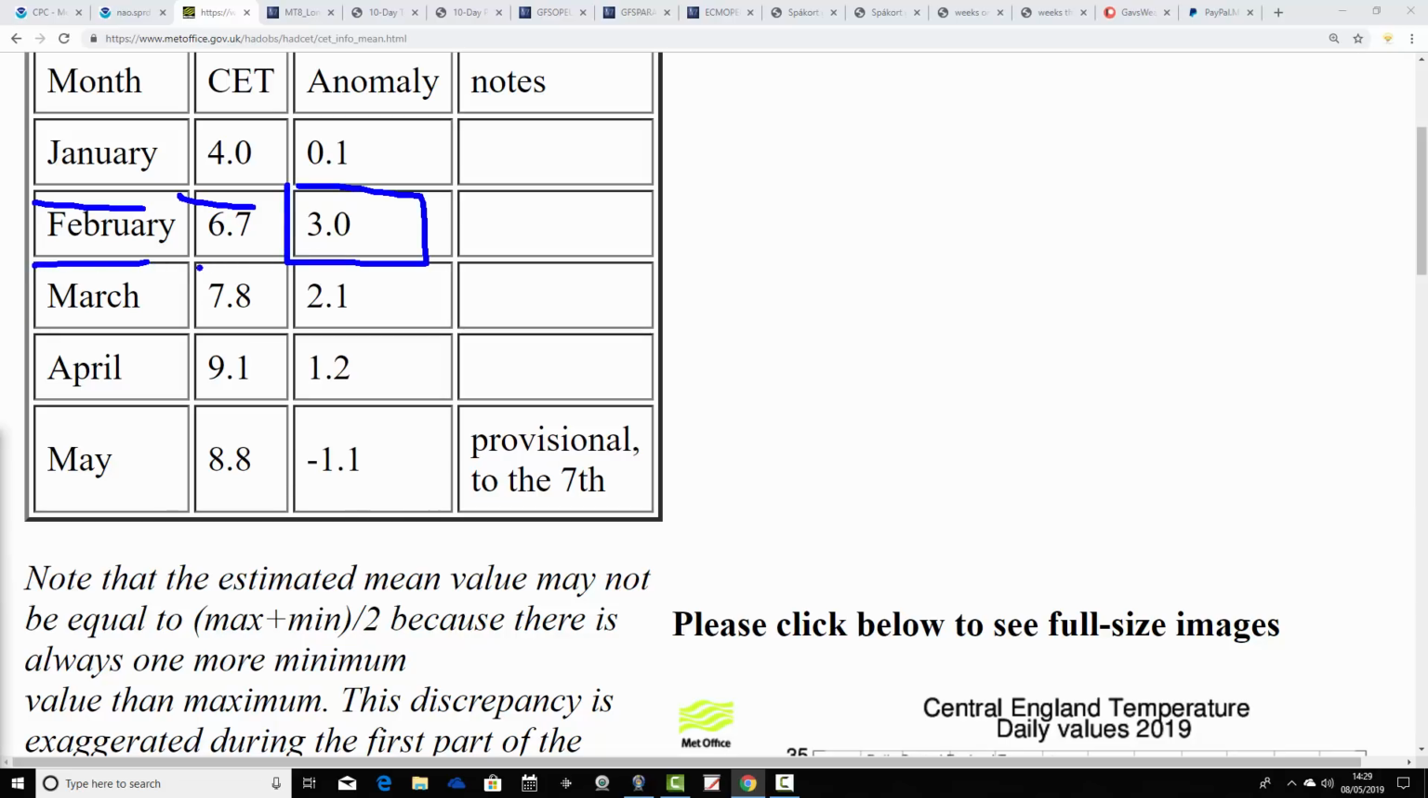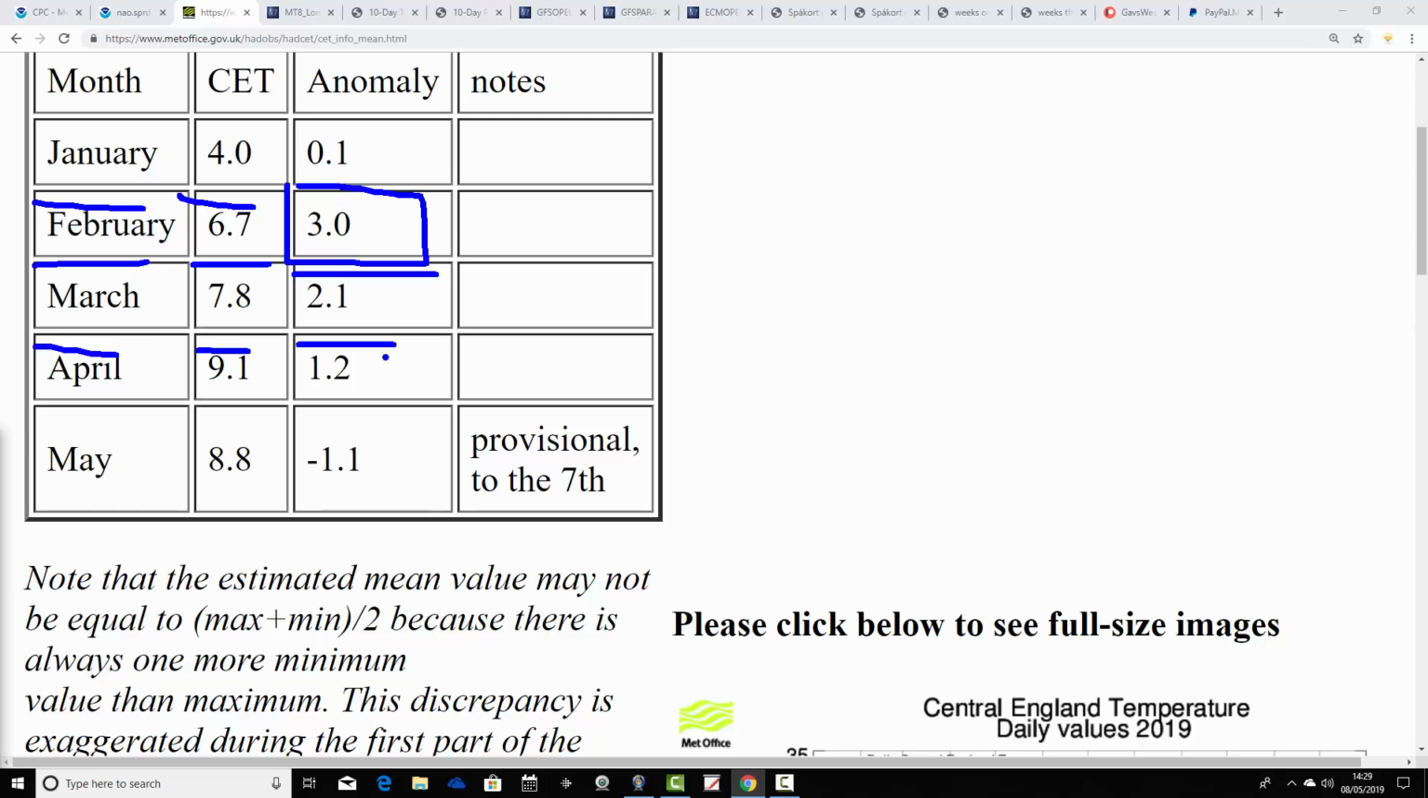March came out at 7.8, which was an anomaly of 2 degrees above average. So there's a 1 degree temperature drop from February to March. And then for April, we come out at 9.1, which is 1.2 degrees above average. Again, just about shaving a degree off the anomaly from March. So it looks like the peak of the temperature was in February. And certainly for March and April, we've been shaving off around a degree from the preceding month, if you see